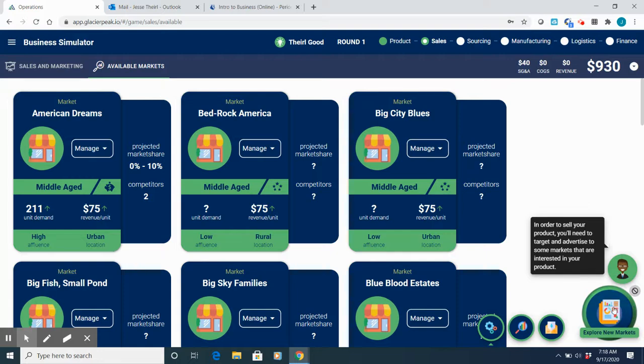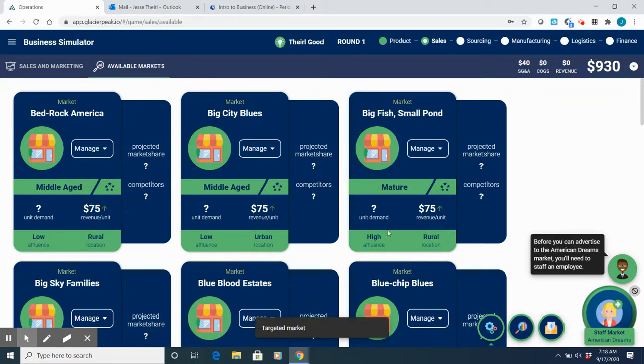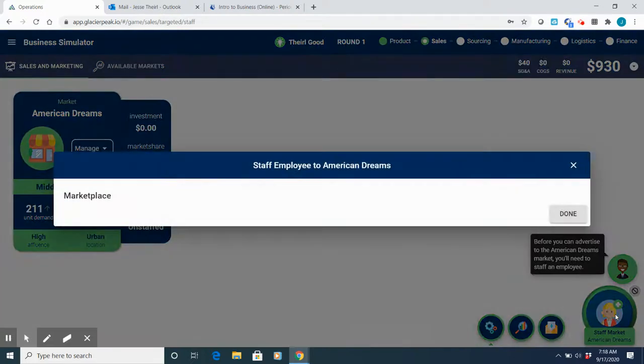I am going to go ahead and continue here. Oops, I have to actually target this market. All right, I've picked them. The next part is you have to actually put people to work. So I'm going to